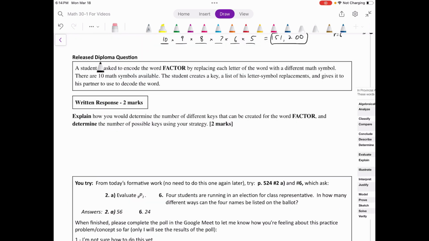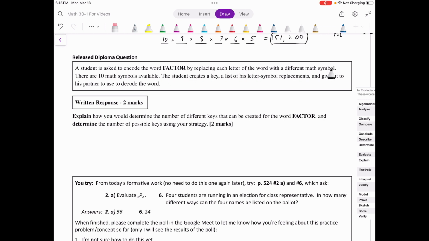All right, so here is one from a released diploma. It's a written response question, so we're going to talk a little bit about this one, but let's first read the question. A student is asked to encode the word factor by replacing each letter of the word with